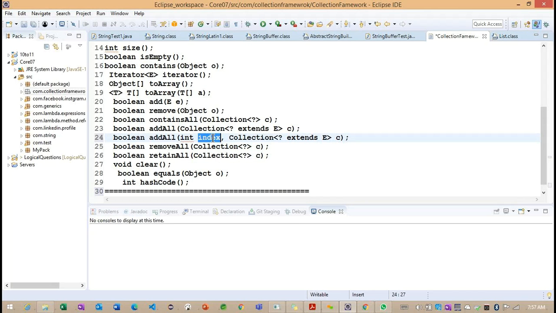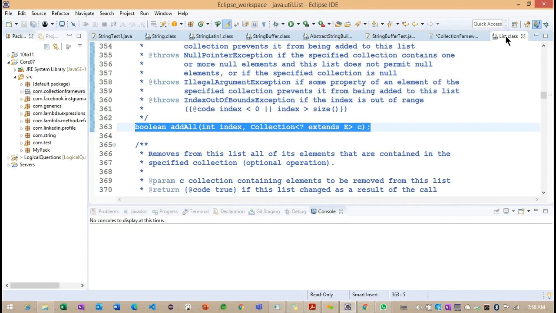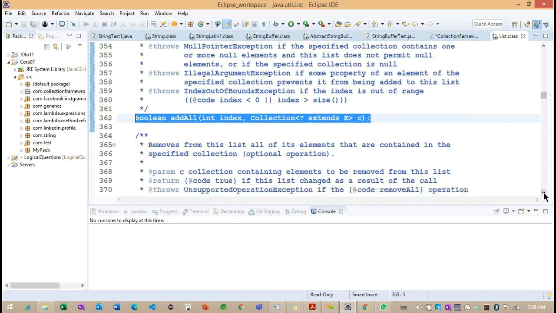Because of that, the list interface works on inserting and loading an object based on the position. The position we specify as an index here, right? So this is a specific method which is implemented in our list interface.